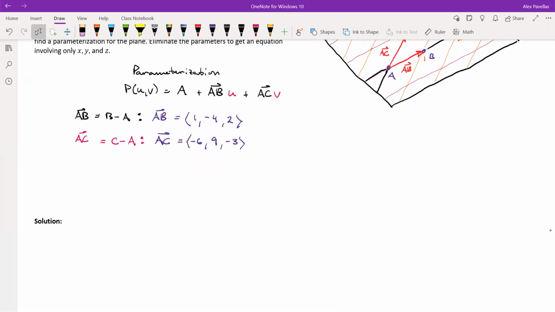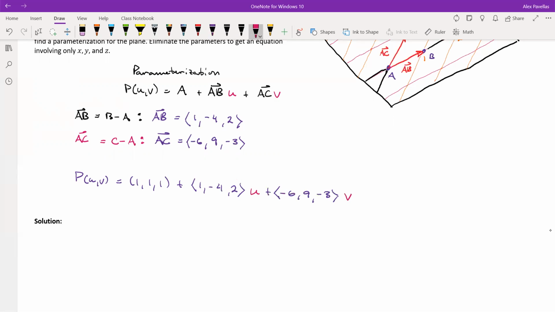Our parameterization will be our point A, 1, 1, 1, plus our vector AB, 1, -4, 2, times U, plus our vector AC, -6, 9, -3, times some other number,